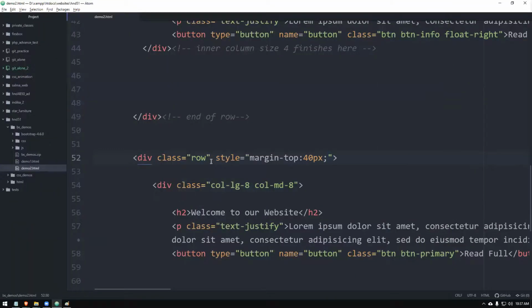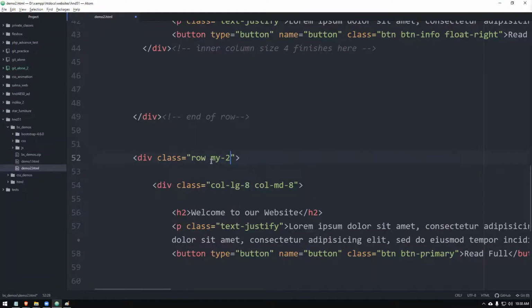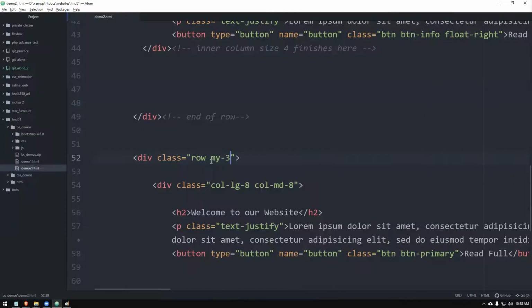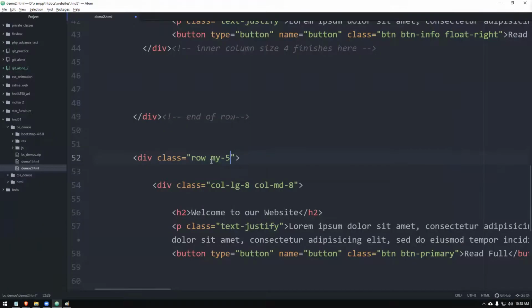If you want to be inside the responsiveness, you can say m, top to bottom is y axis, my, you can give 1 up to 5. You have a small value is given. If you give 2, a small update, 3, another small update, 4, another gap, up to 5 you have. After 5 you don't have.